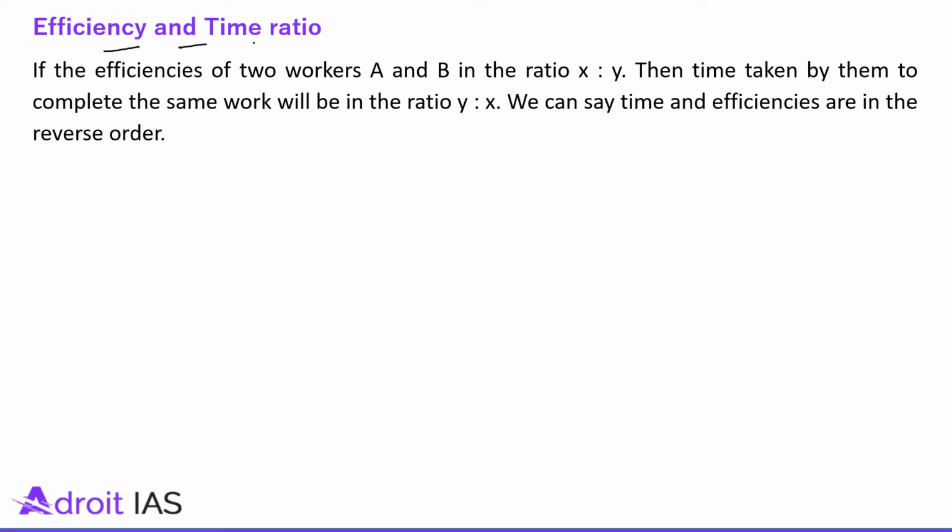Efficiency and time ratio. The concept says if the efficiencies of two workers A and B are in the ratio x is to y, then the time taken by them to complete the same work will be in the ratio y is to x. We can say time and efficiency are in reverse order. So if there are two workers A and B and they have efficiencies in the ratio x is to y, then for the same work,